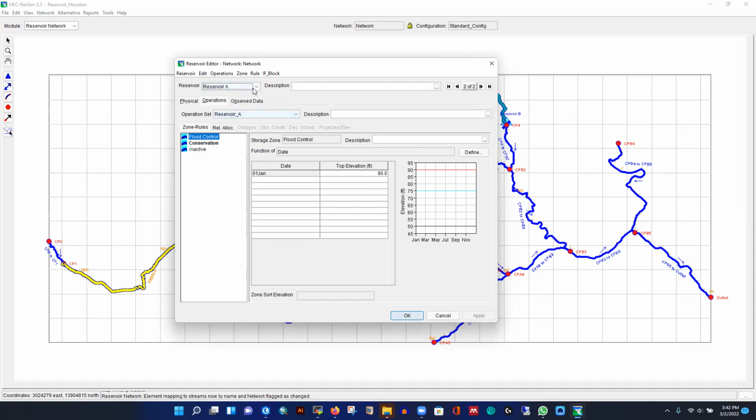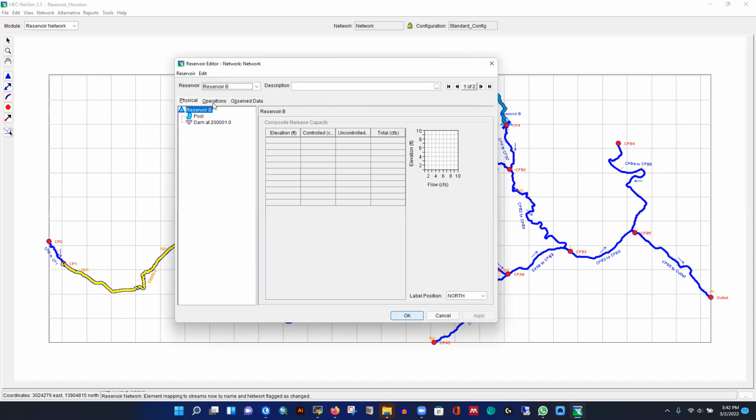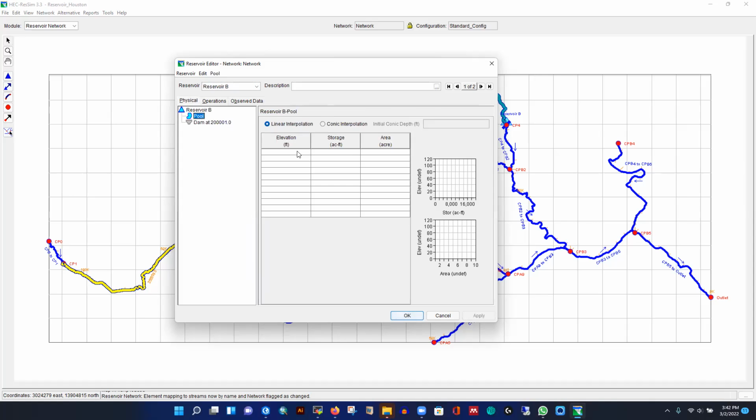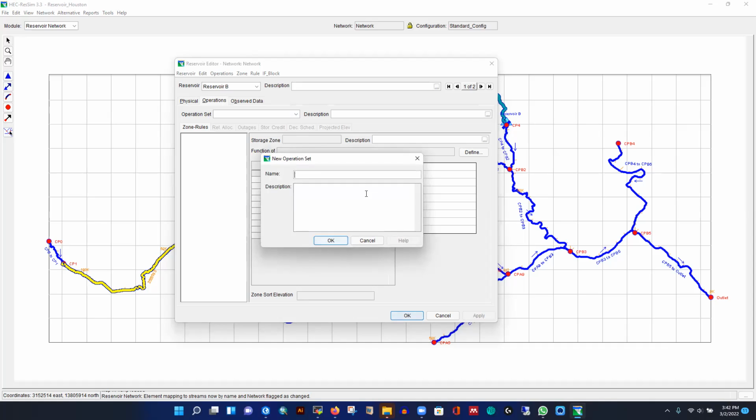Now if you go to reservoir B, go to physical and then go to reservoir B. Again you have to put all this information, but for the time being I'm going to give the same storage. Same information I have, it is 100, and it will be like 20,000 when it is at 100 feet elevation. So I'm done with this, and then go to operation for reservoir B. You have to generate another set. So reservoir B,